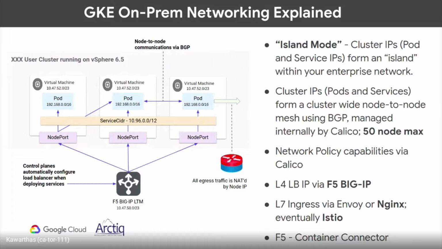The only other point I wanted to make is network policy is now supported in GKE On-Prem. So it was kind of this unsupported thing. We were shipping Calico, but kind of unsupported from a network policy standpoint. As of GA, fully supported. So when we look at stacking up the 2 deployments, GKE versus GKE On-Prem, it's same across the board. You've got Calico, network policy, Istio capabilities, load balancer integration across both. We're starting to get to what is the utopian dream of true multi-cloud and not having to worry so much